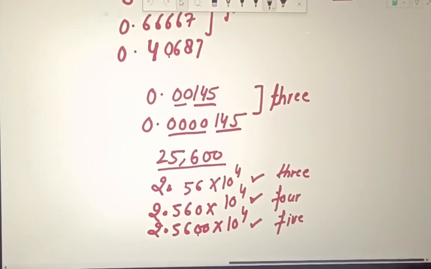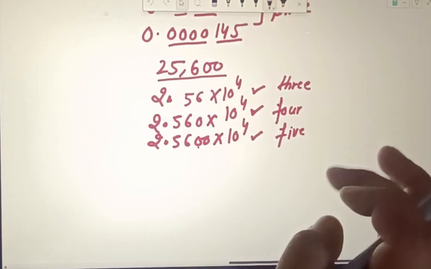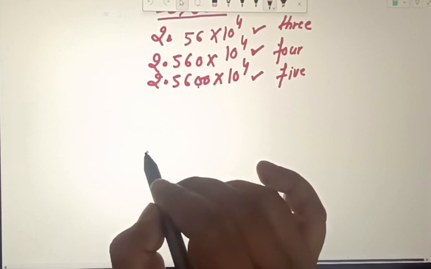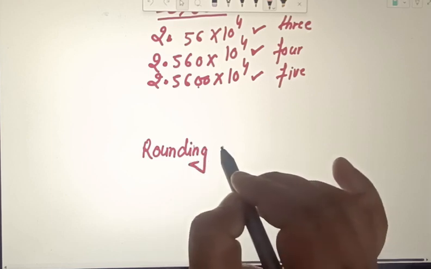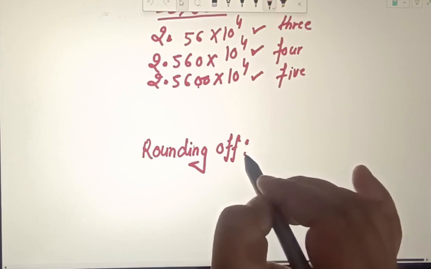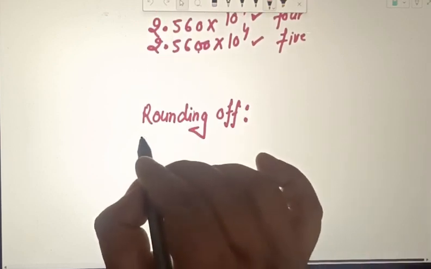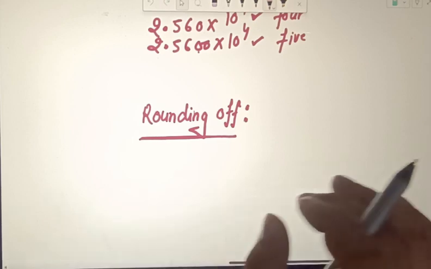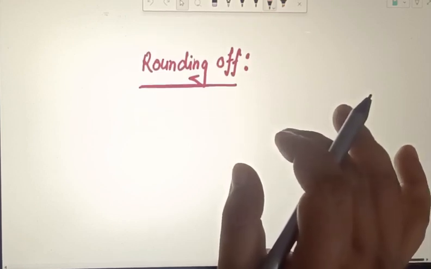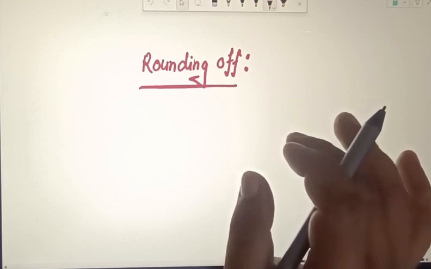So I am again repeating, in numerical computation we come across numbers which have a large number of digits, and it will be necessary to cut them to a usable number of figures, and this process is called rounding off. It is also an important point, rounding off. So it is usual to round off numbers according to the following rule. There are some rules, okay. So to round off a number to n significant digits,